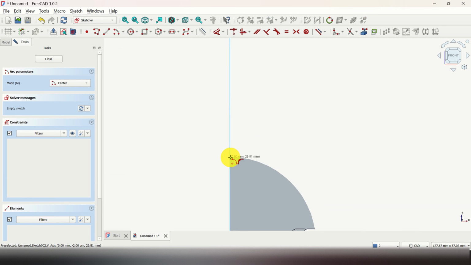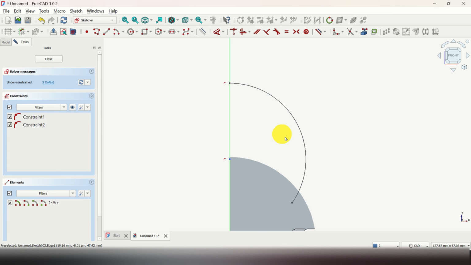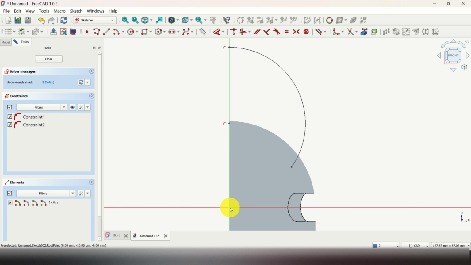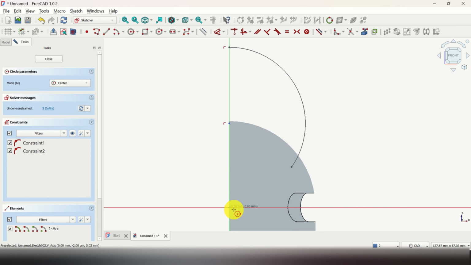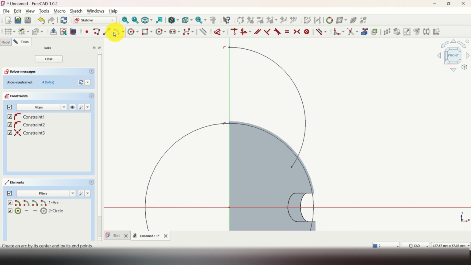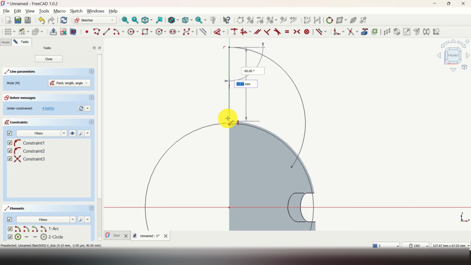You can basically click here, do this, click here, and then you need to create an arc. Actually, we need to repeat this. You need to click here, then click here, and from here draw an arc. Here's our arc, and then let's do the following. Let's now draw a circle or some circular object starting from here. Let's put it until this, and then let's do this, and then let's draw a line from here to